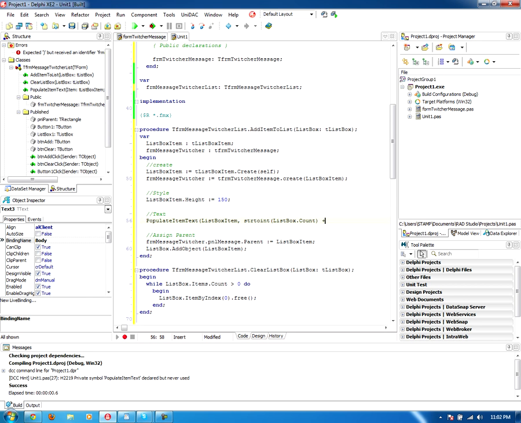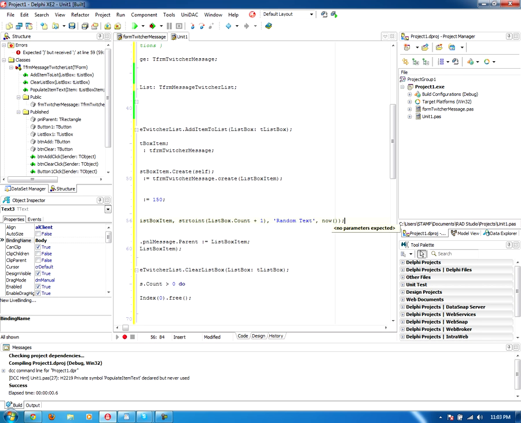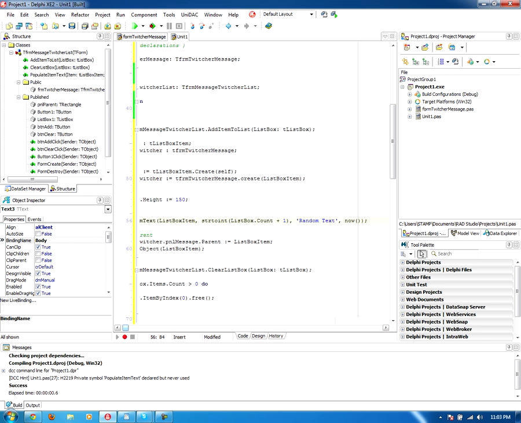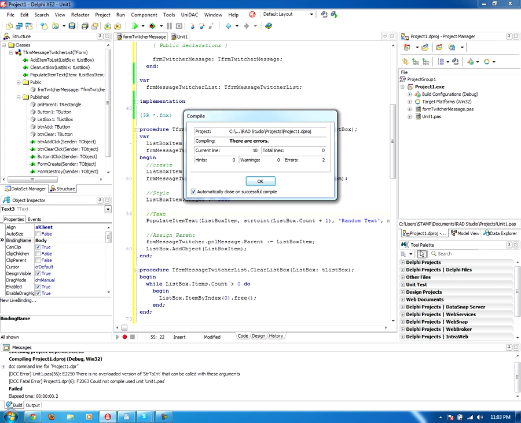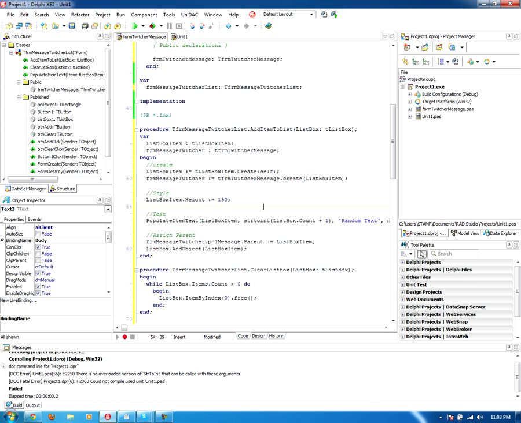And +1 because at that point we haven't added it yet. And we'll add some random text for the body, and then we'll set the time as now. Now, when we run this, and we figure out these errors,